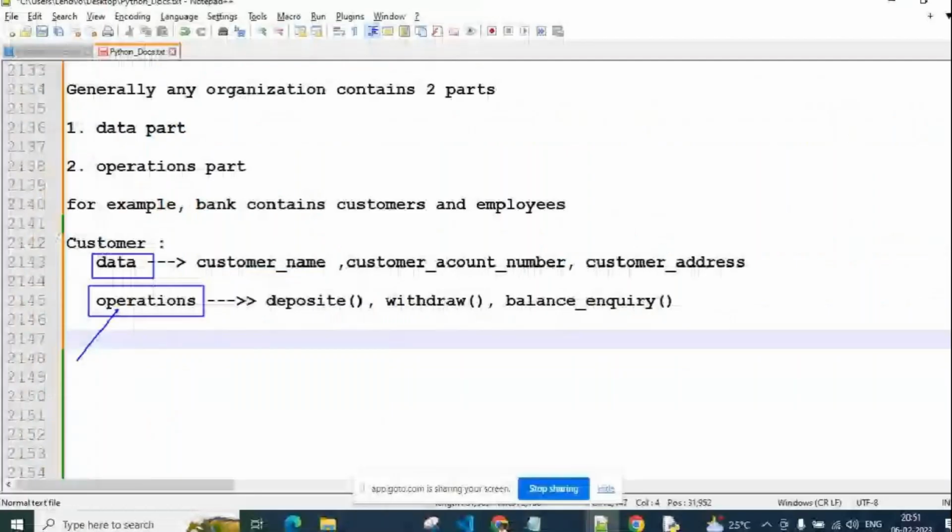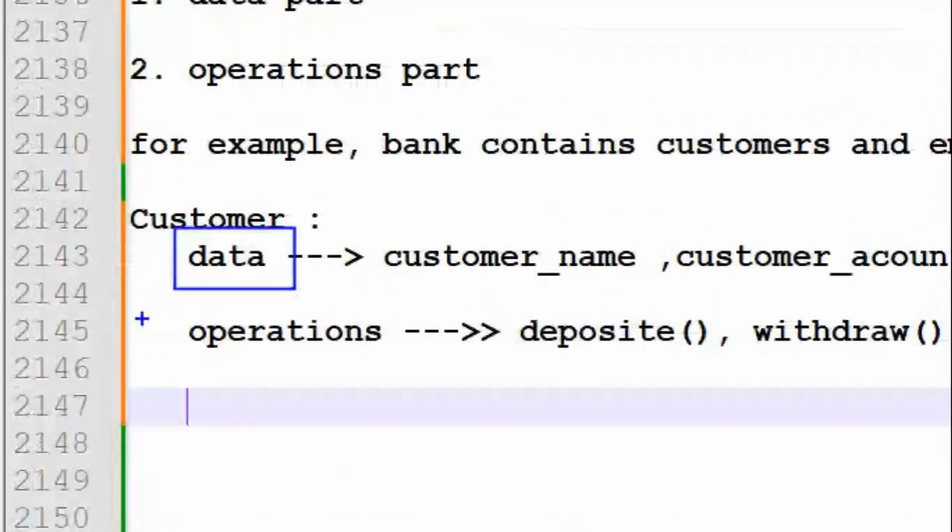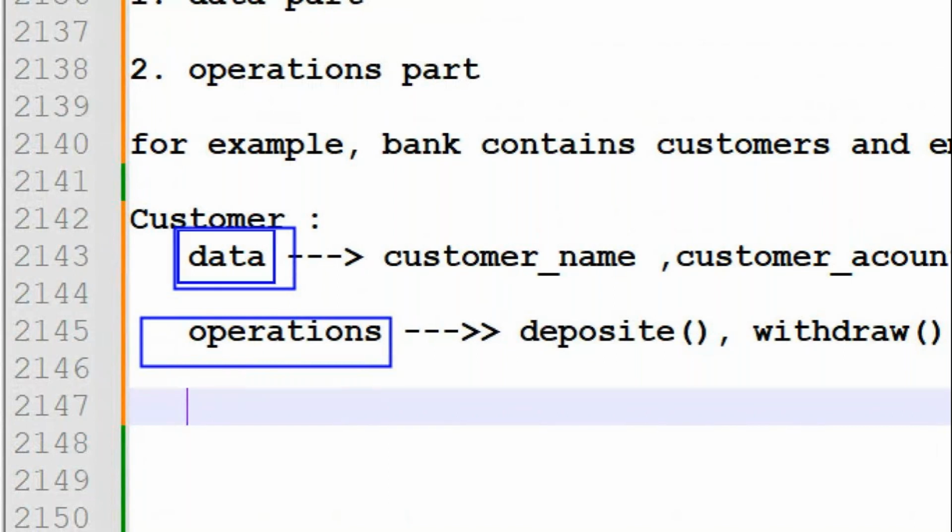Yeah, this one. So that's why for representing data and for representing operations, every language provides some concepts. Every language, Java, .NET, Python, C language, these all are languages. Every language provides some concepts to represent the data and to represent the operations.